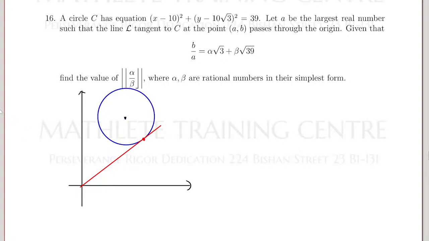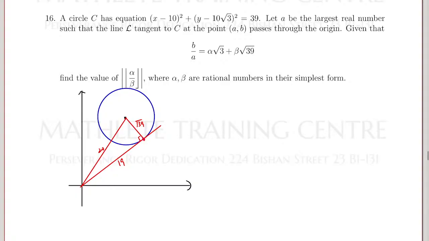You must draw out the radius. Right? It's not hard to see that this radius here will be equal to 20, because of the 10 and 10 square root of 3. And if you take a look at this thing here, it's square root of 39. So immediately, you can see that the length of this one should be 19 because of Pythagoras' theorem. So the length here is actually an integer. Okay, so you can try to go and figure out what this value is, right? And it shouldn't be too bad because